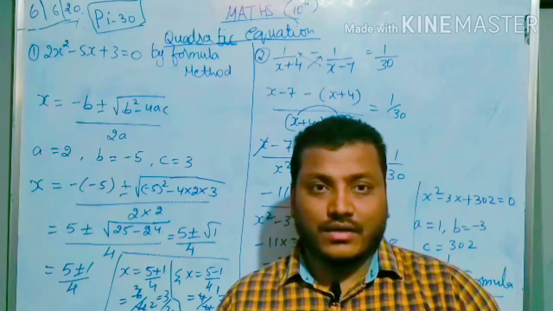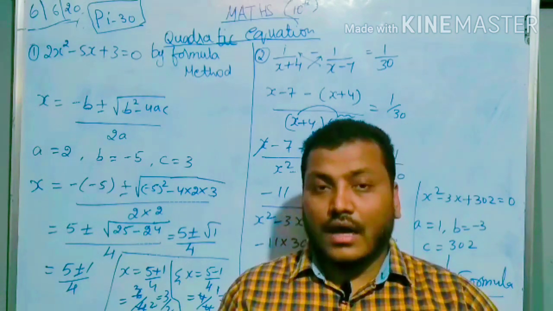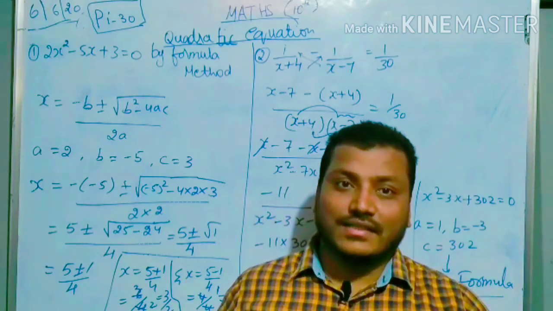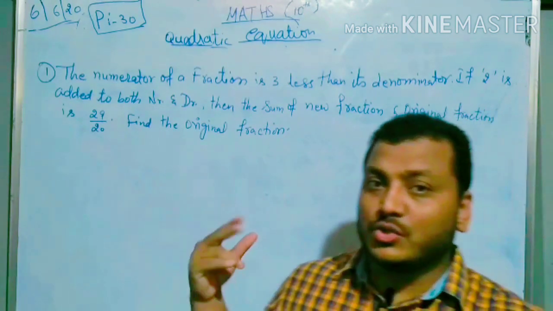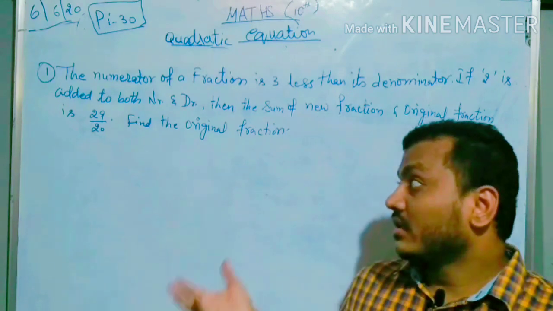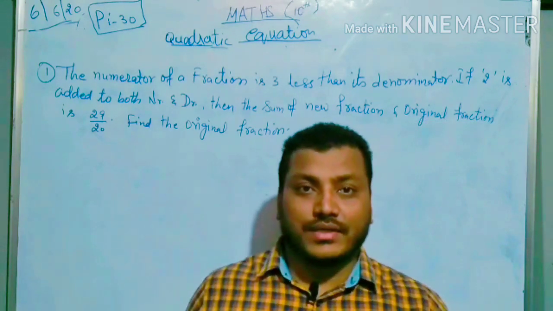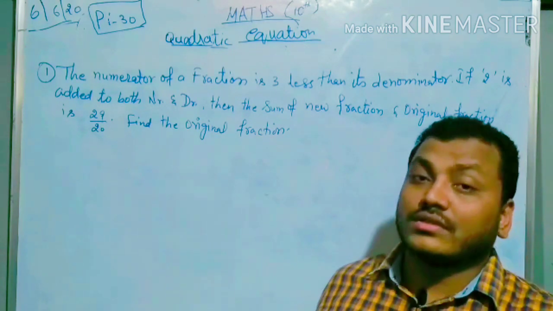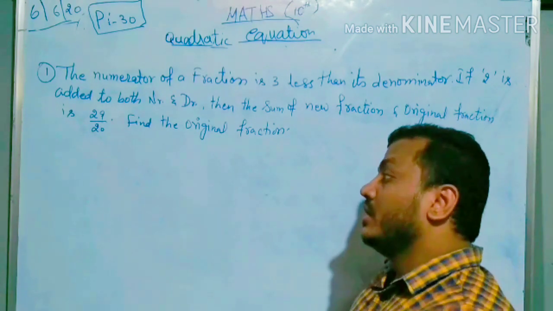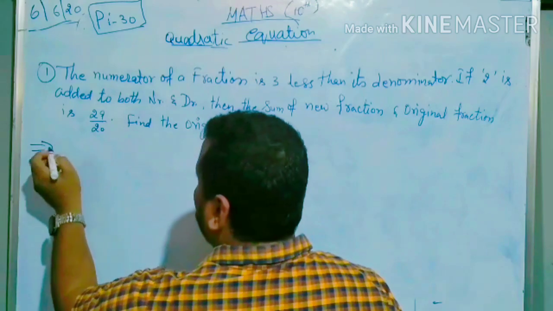One more question is coming, that is called as a application based, like a statement they have given. We will continue. As I told you that quadratic equation, the main two questions we already solved. This is the third type of the question, which is called application based. The idea is, the statement they have given, you have to form the equation, then you have to solve and you have to find the value. So we will start solving this one.